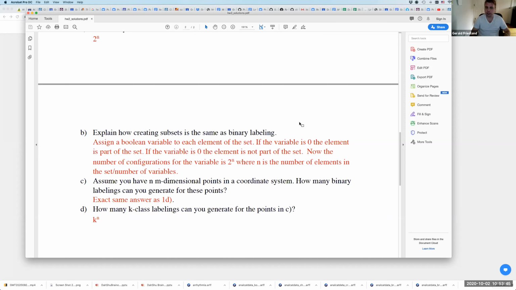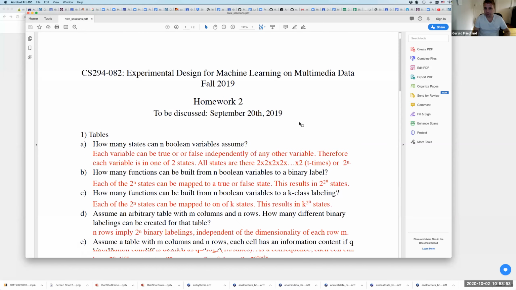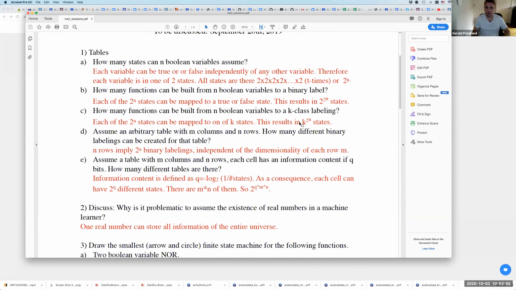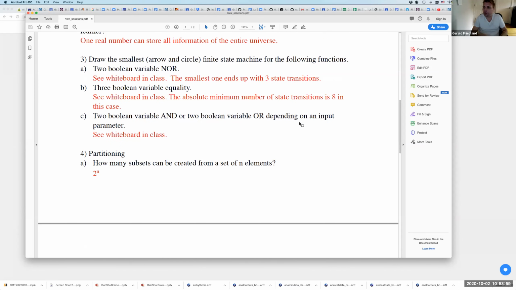And you can do that with a k labeling too, right? And that becomes that. So obviously you see this homework was just to refresh some of the basics and make you more comfortable with the idea that we can actually express labelings as bits and information content in labelings as bits, okay? Any questions about that?